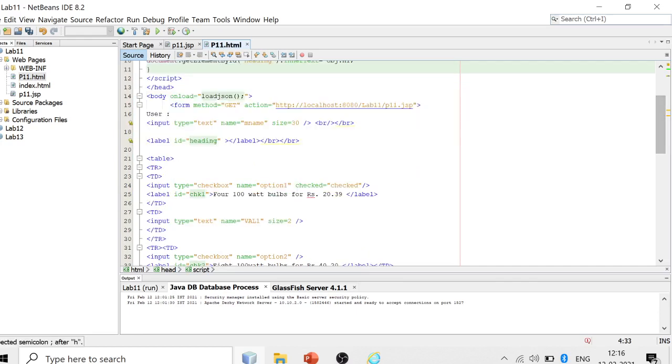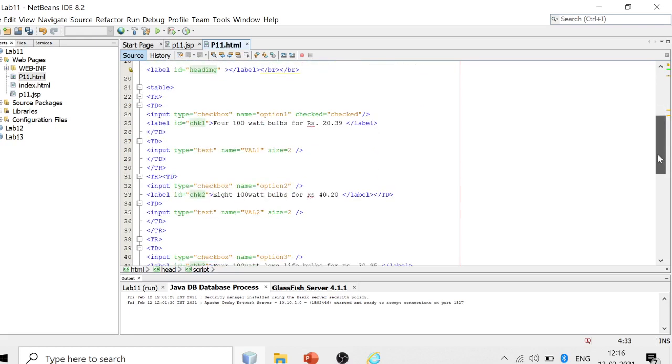In the body, we are creating a text box for entering the username, then creating 4 checkboxes to select 4 different light bulbs. Then 4 text boxes for entering the quantity of each item. In this table row, we are first creating a checkbox.